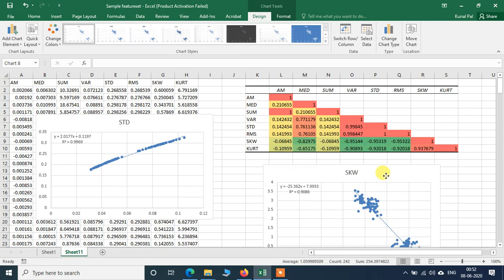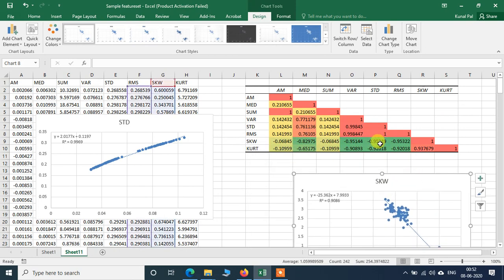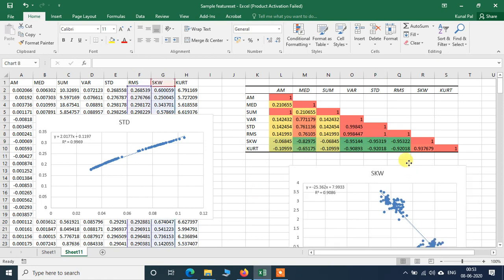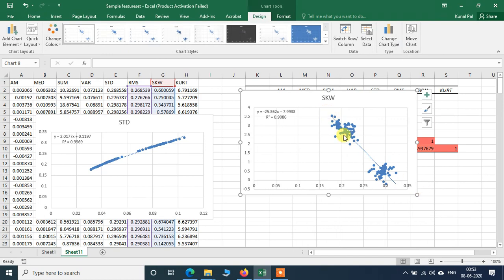From here we can see that if we have an R square value between two features, there is a trend, but that trend is in a negative manner. Negative manner means there is a negative slope when we plot a scatter plot between the two values. However, for a positive value, we will have a positive slope.